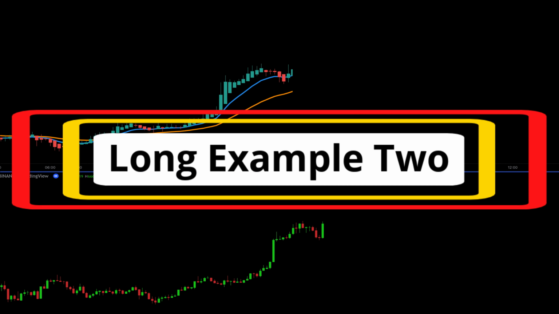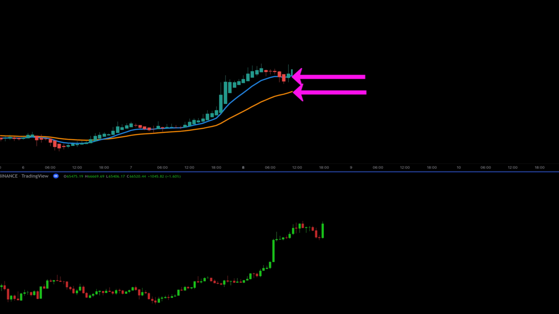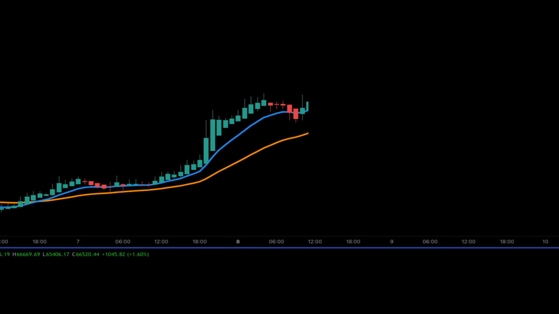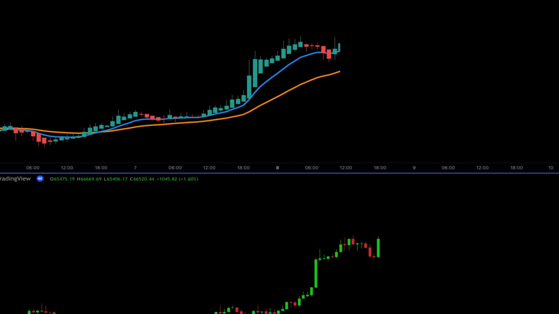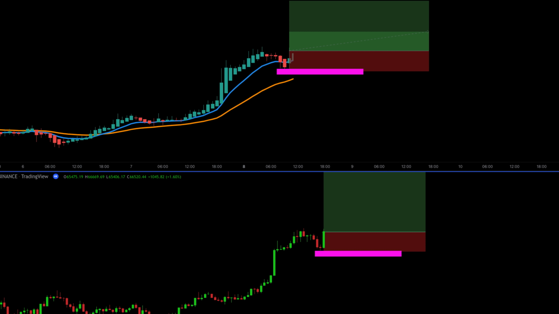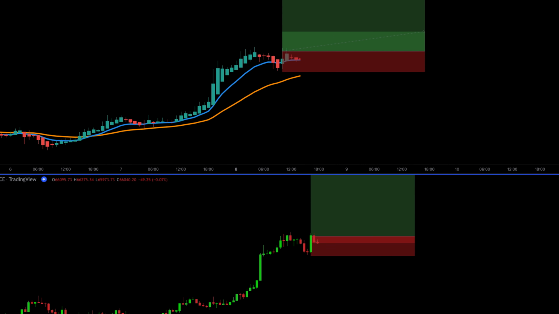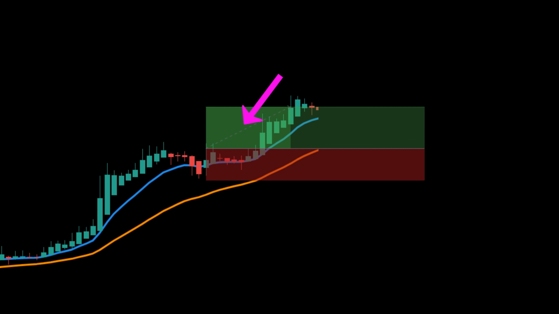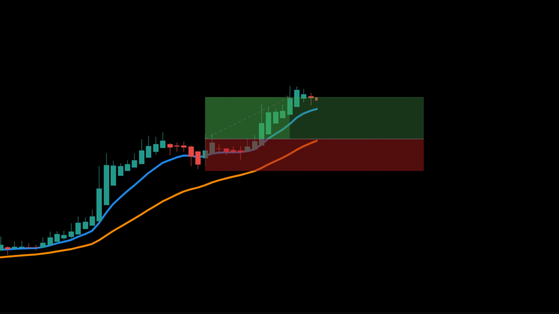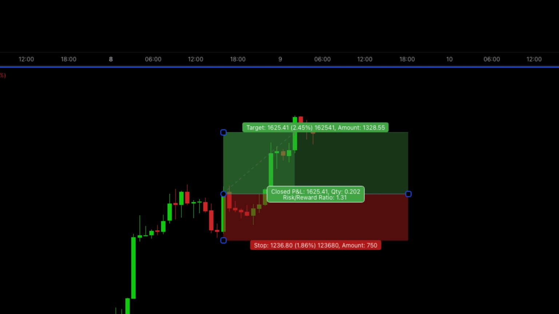I have one more long example. The 10 EMA is over the 30 EMA. Then we can see that price pulls back into the EMA ribbon. Finally, price closes above the 10 EMA. Everything converges on these candles and it serves as our trigger. The stop is placed at the previous swing low and the target is dynamic. So you can see here we have some red Heikin-Ashi candles close, but we are not in profit, so we leave the trade open. Finally, a red Heikin-Ashi candle closes while in profit, specifically with a 1.31 risk to reward ratio.